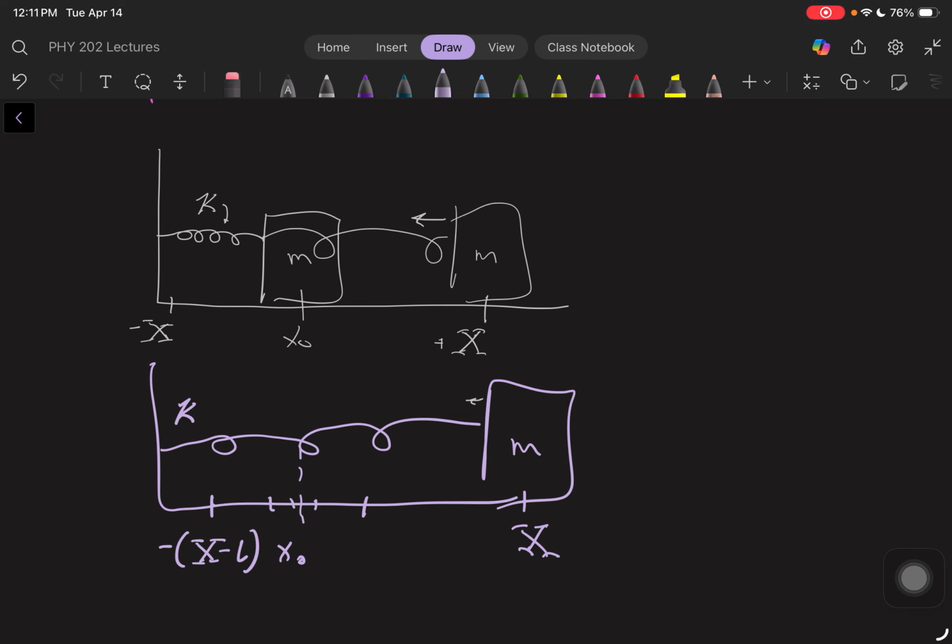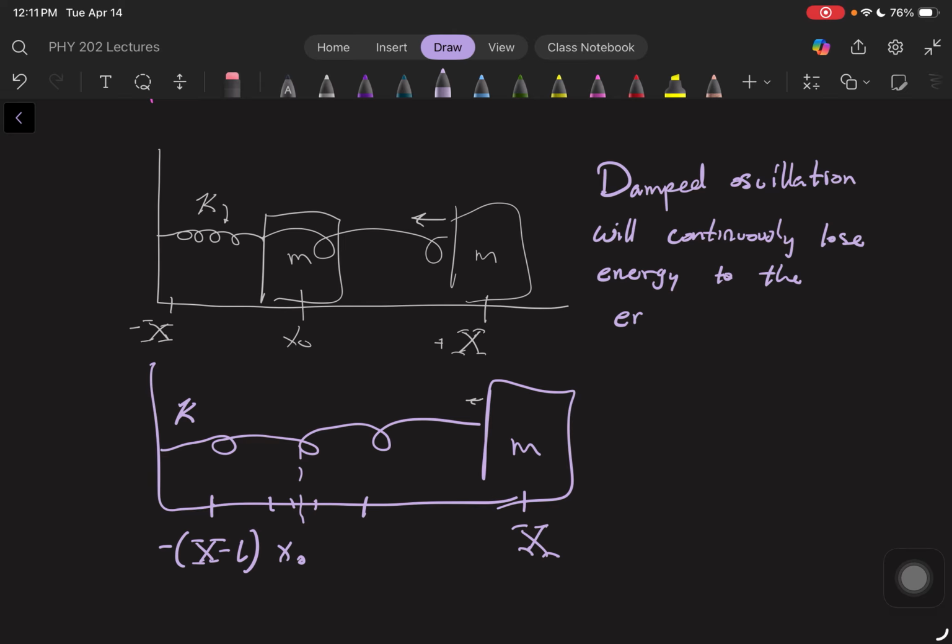And so a damped oscillation will continuously lose energy to the environment,